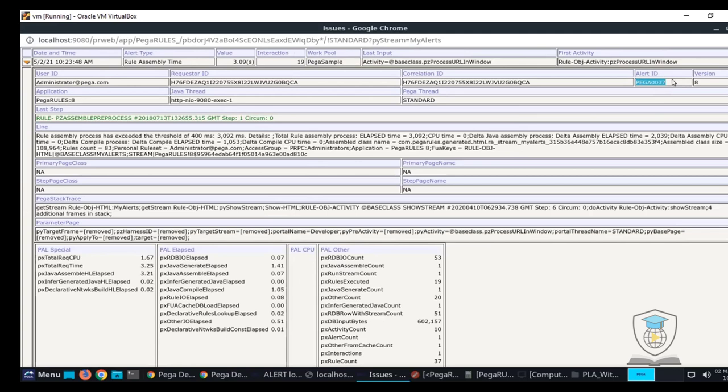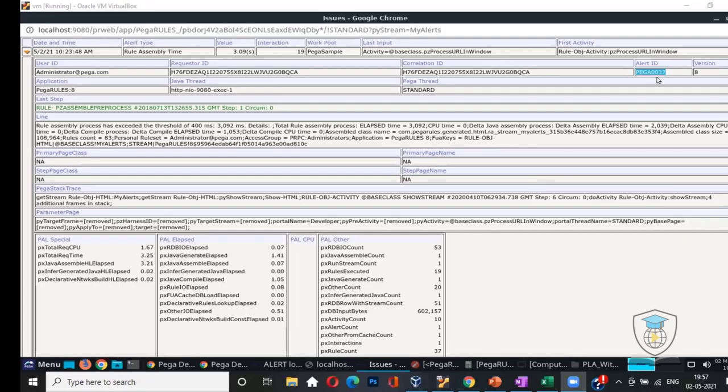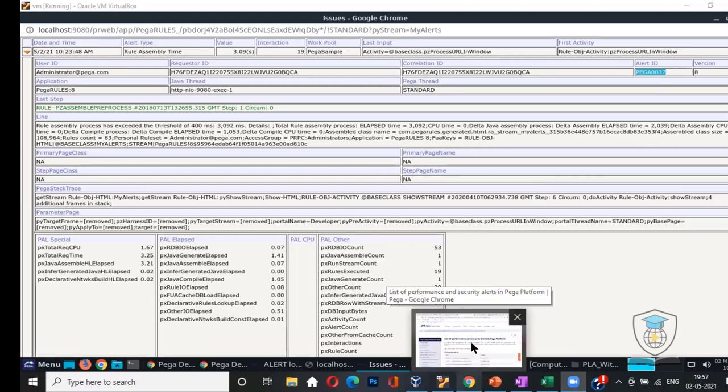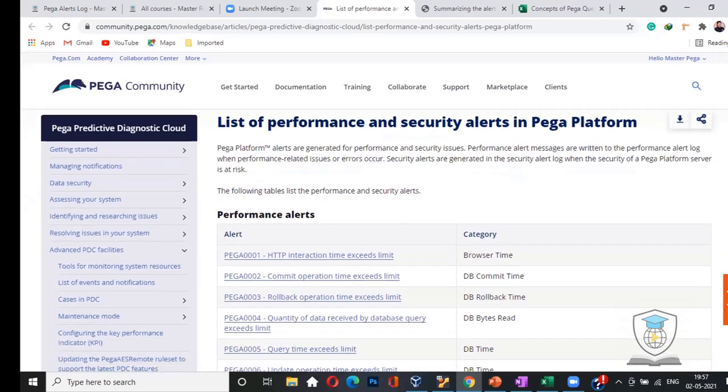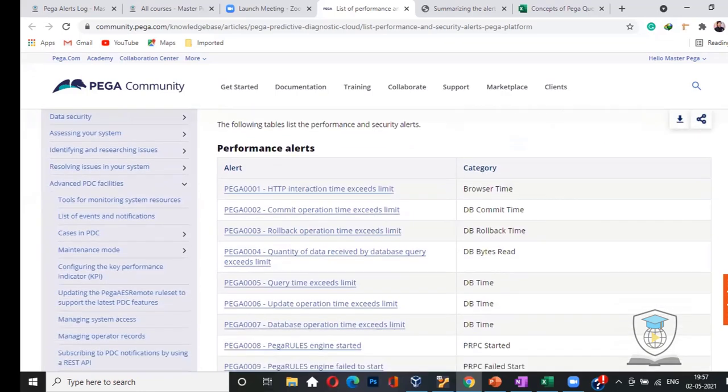First of all, you need to analyze what that means. Okay, so now these are called categories of alerts. For this, I'm sharing the link directly of the Pega system, where you can have all the alert log. We will discuss how to analyze this, but let me share my full screen now. So now if I have to analyze this result, I will definitely not remember it. So this is a link which has a list of all the performance and security related alerts.